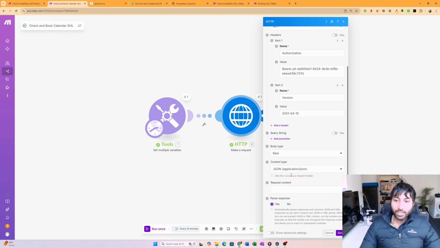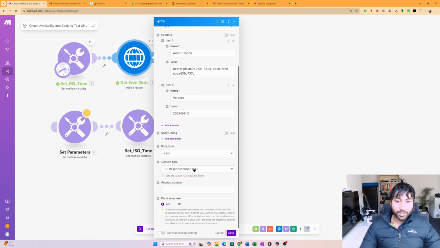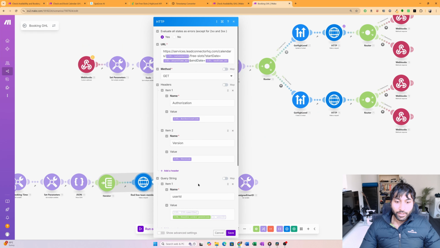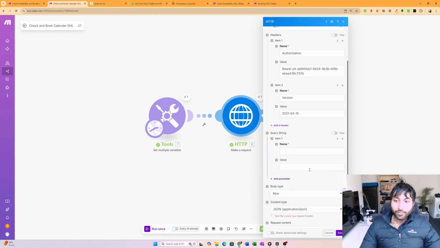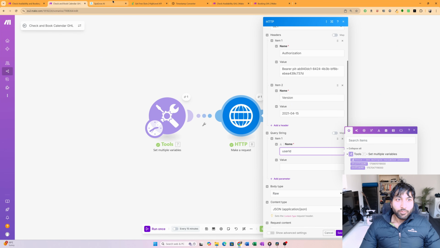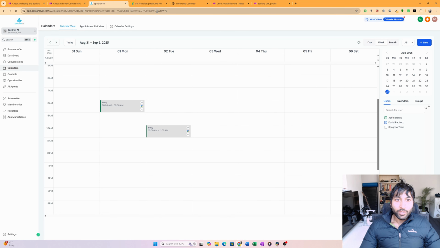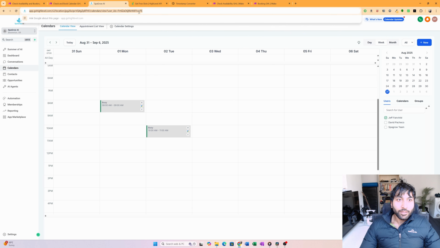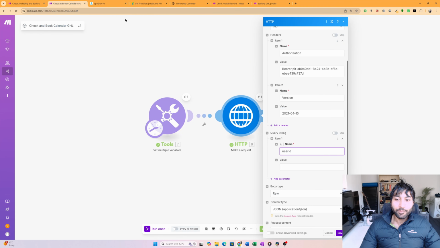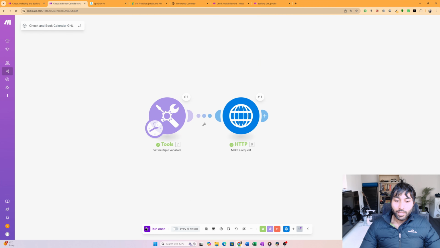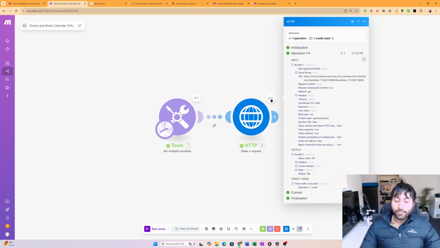So if I go over here and add a query string and see what the actual type is again, it's user ID. We can find the individual user IDs by checking the URL in our calendar. You can also get it using the get calendar module, which is also in the API. But over here, if I uncheck this and see the user IDs field, I'd get this string of characters, which is my user ID. And if I put that in there and run that,